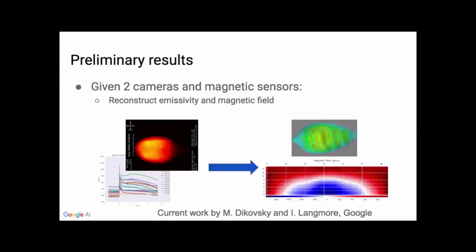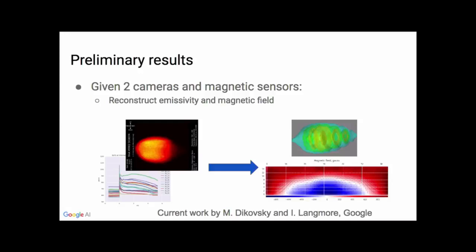Here are just some preliminary results. Given 2 cameras and all the magnetic sensors, we can reconstruct the emissivity in 3D, how much the plasma is glowing, and what the magnetic field is inside the chamber. And this is ongoing work. We're going to place this plasma debugger live inside of